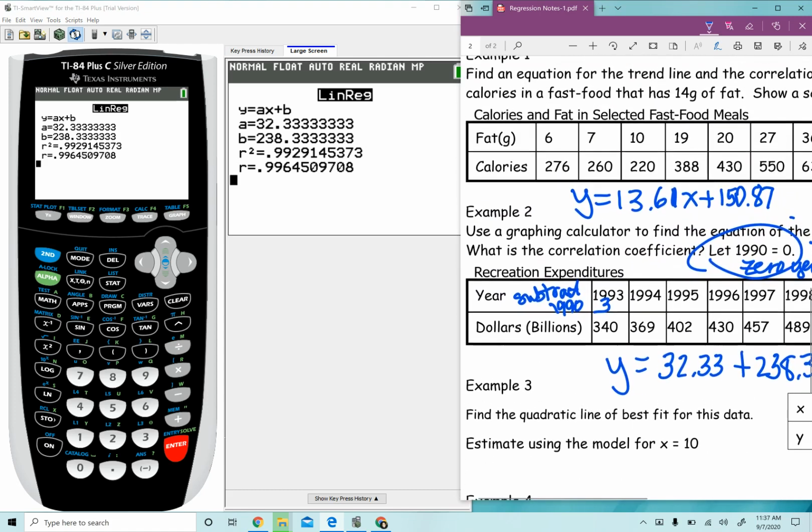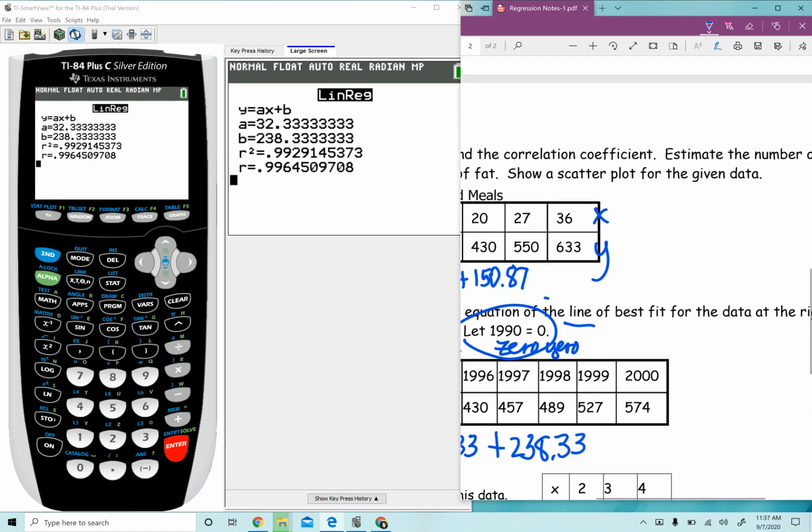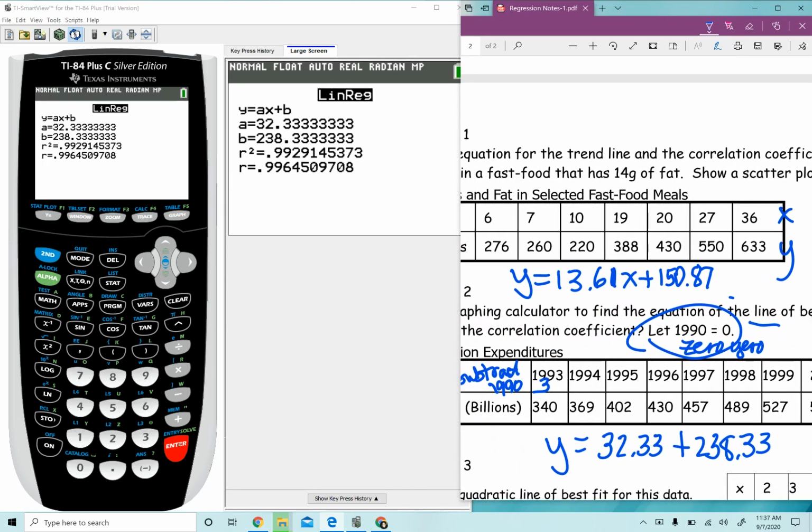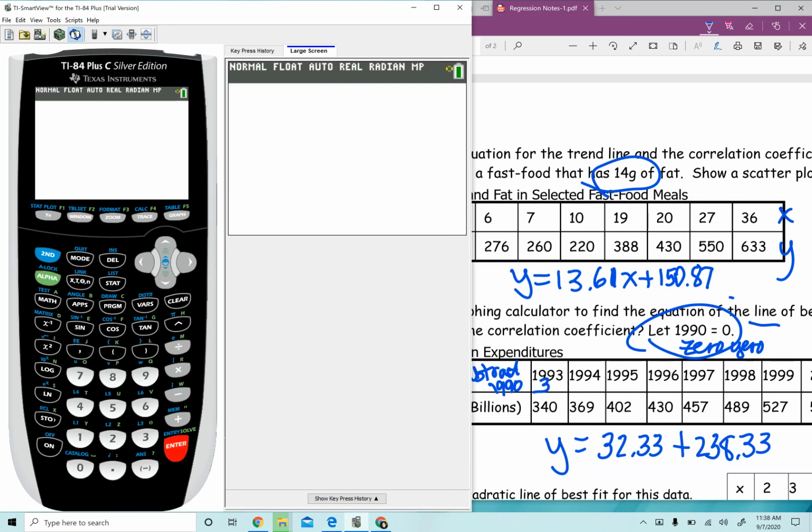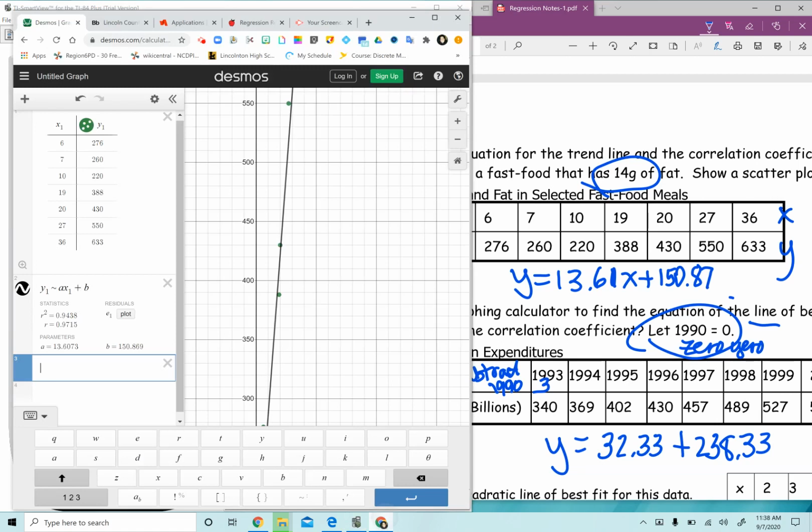Now, neither one of these has asked us to estimate, well, this one did ask us to estimate, and we didn't. So we should have estimated for 14 grams of fat. And what we would have done is put that in here. And we can still do that on this other screen over here. So let's do that with Desmos, since we still have it in here. Normally what we would have done is we would have said alpha trace, y1 of 14. Now this is the wrong equation, obviously, because this is part 2, but we would have put that in for that one up there. It won't work because it's the wrong one, but we can still do it because we have Desmos on the screen. So over here for Desmos, we would say,